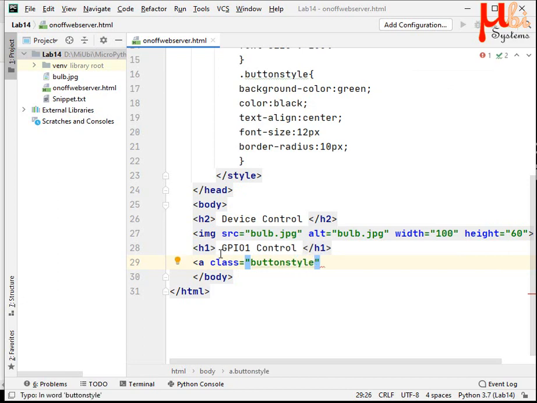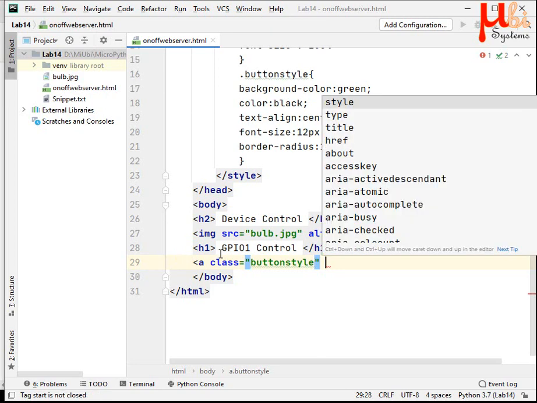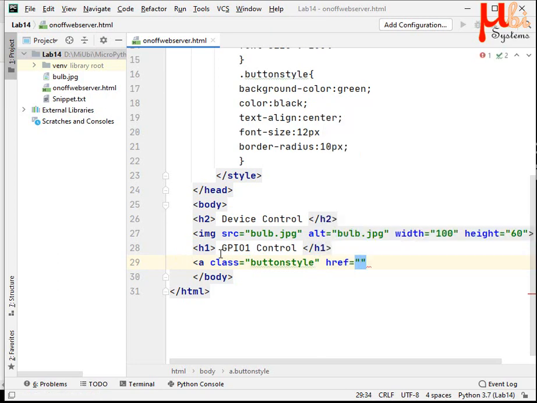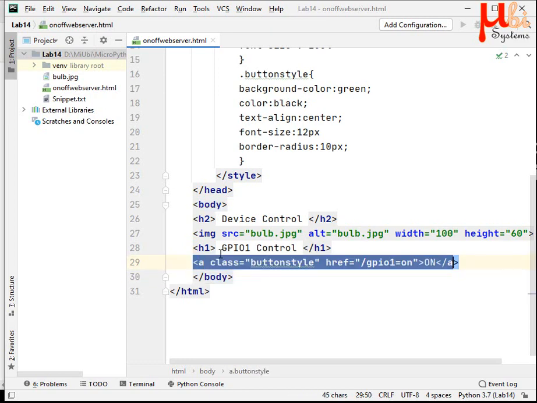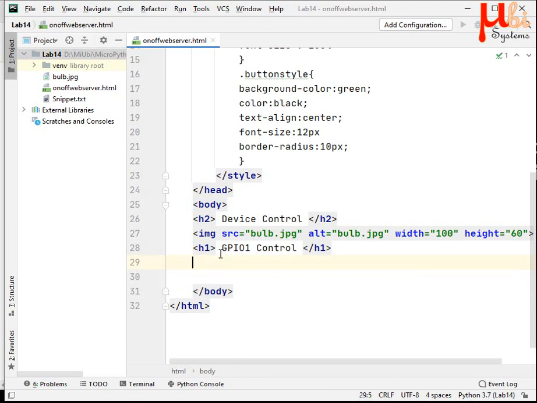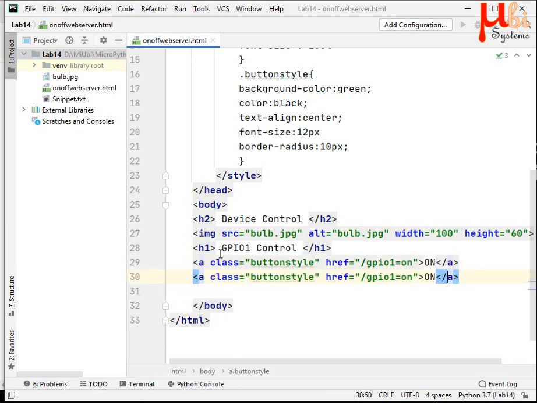So it directly adopts the properties from the button style and displays it in whatever format you are looking for. And the href link being GPIO 1 equal to on, and the tag and write on. Similarly, I would create an off button. I would say off. Let us see how it looks.